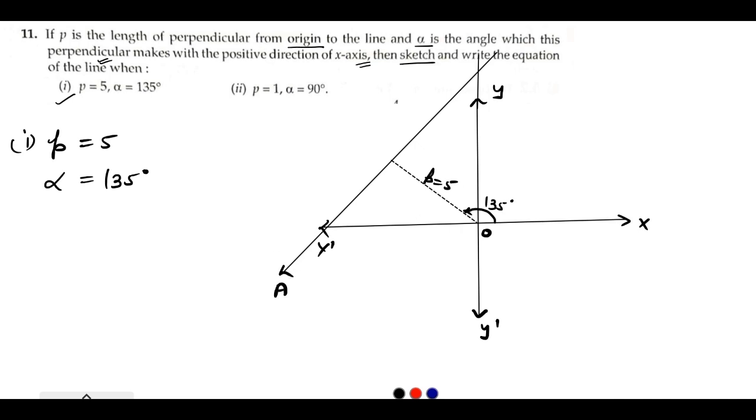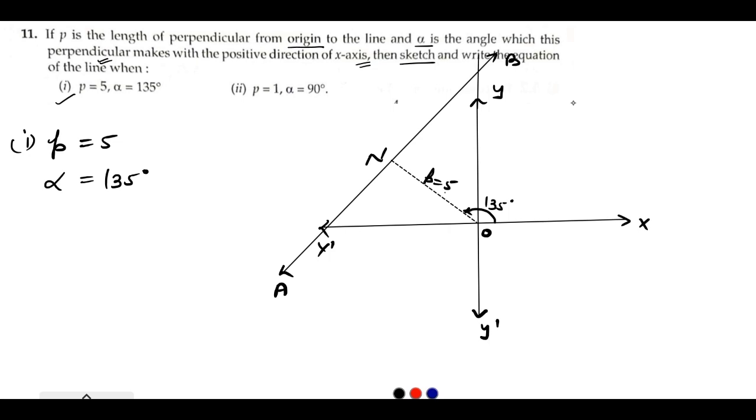If this is the line AB and this point is N, then ON is equal to 5. Length of perpendicular from the origin is 5, and this perpendicular will make 135 degree angle with positive direction of x-axis. Now we are finding its equation